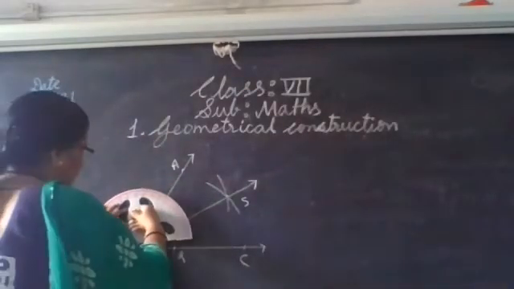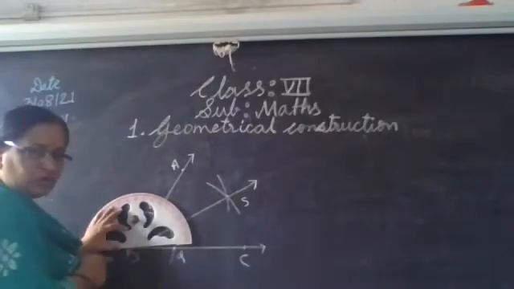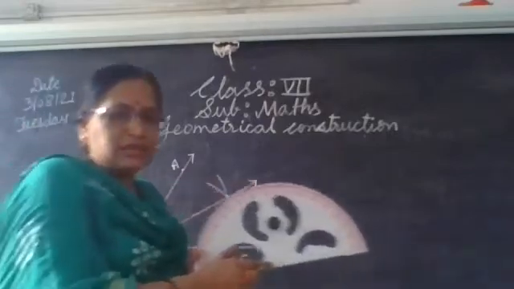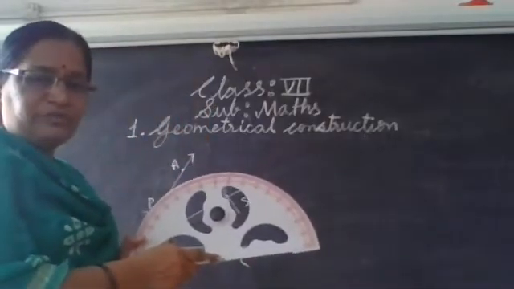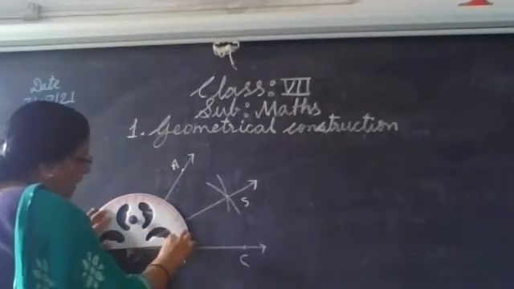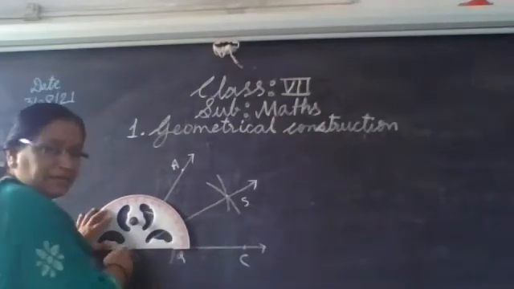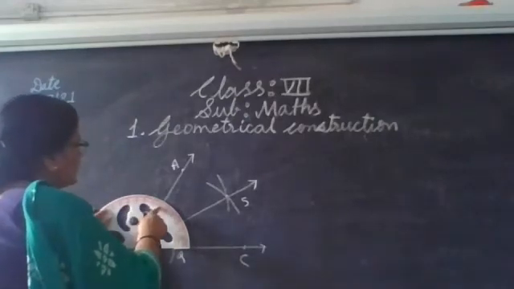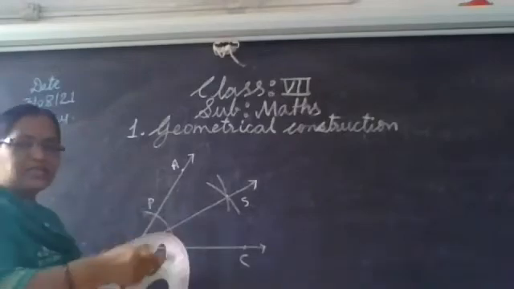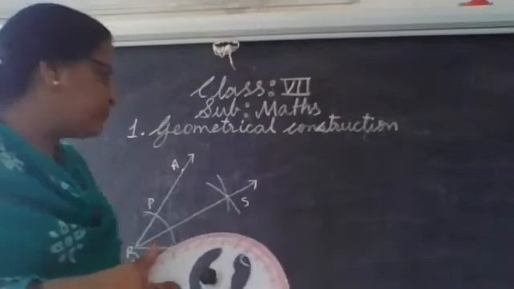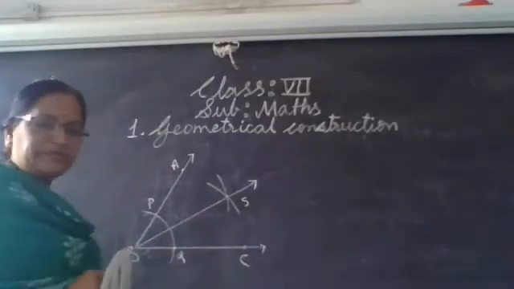See, first we will measure angle ABC. So, do you know how to measure the angle with the help of protractor? So, this is the center point of this protractor. Place this on vertex B and match the base of the angle and the baseline of this protractor. Now see, it is exact 60 degree. And this protractor has two scales, one is clockwise and another is anti-clockwise. Okay, so angle ABC is of 60 degree.